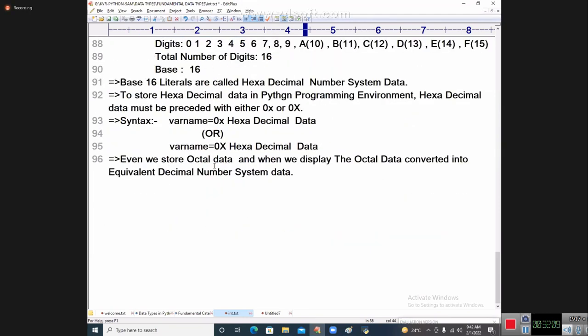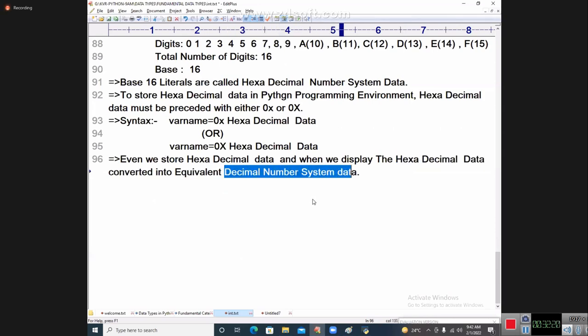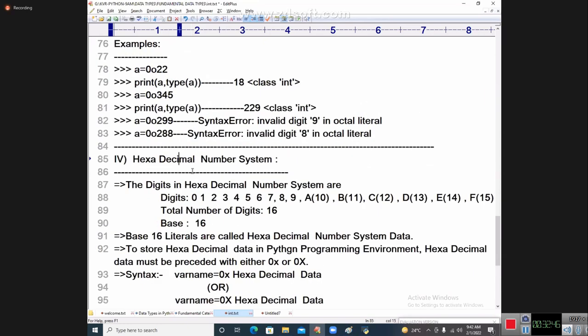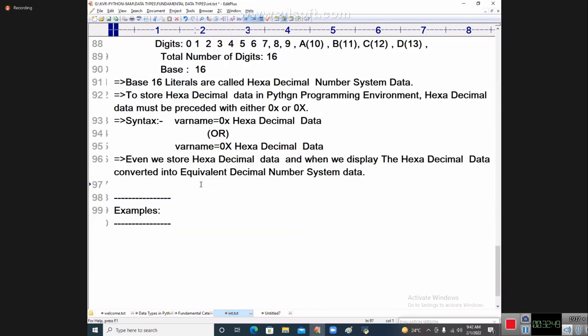Even when we store hexadecimal data, when we display it, it is converted into the equivalent decimal number system data. So this is 0x and 0 capital X, hexadecimal system data, followed by examples. Let me go for the example part here, how it is most useful. I said where we can use it internally. So when we come to the programming level,